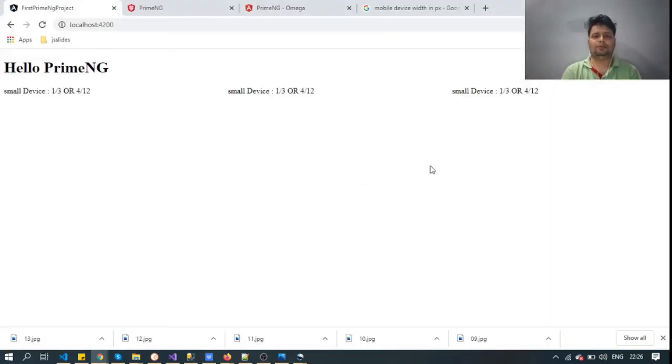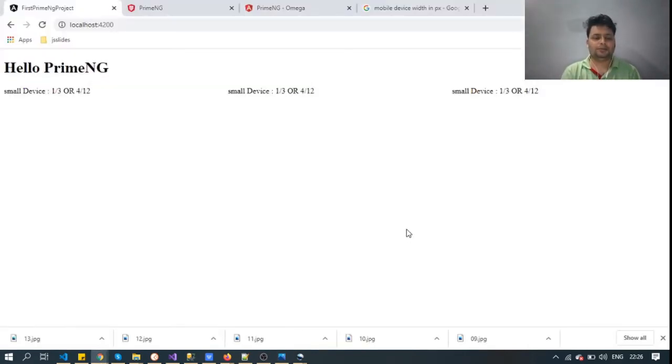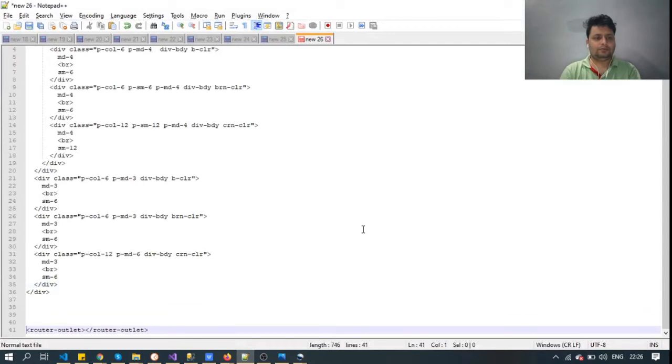Yeah, so we have divided the row into three equal parts, but we want some design, right? So we will create some classes and apply them to these.